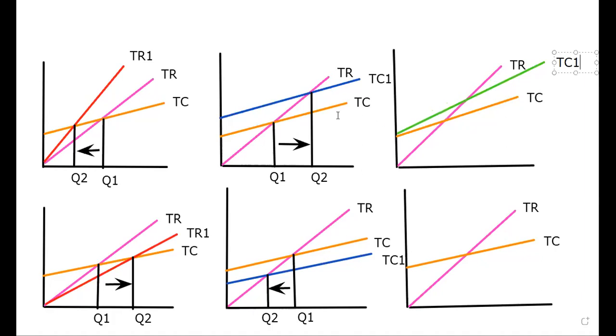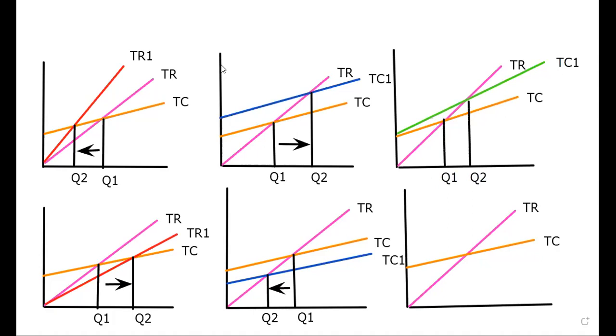So we can see the previous situation, fixed cost increases: starting cost, fixed cost 1, fixed cost 2. But here fixed cost is the same, no change, only the angle changes. Steepness will increase. So what about the break-even? You can see the same impact on break-even. Previously this is the break-even quantity, Q1, and this is our new break-even quantity. You can see the variable cost increases, break-even also increases. The same scenario as the fixed cost increase situation. We can call this one Q1 and this one Q2.